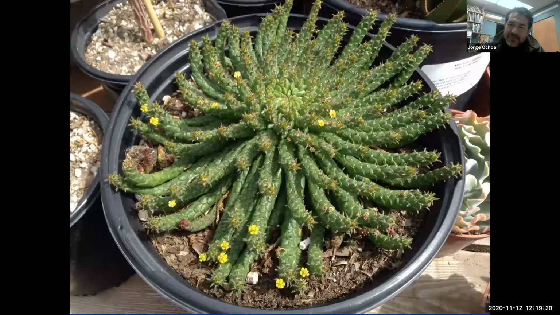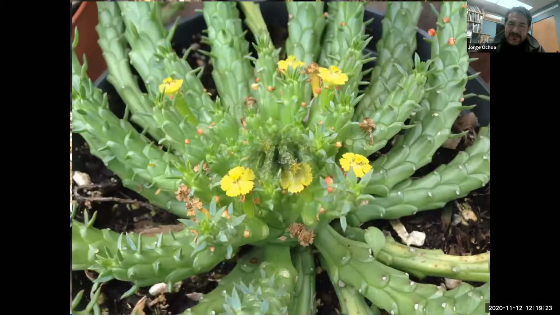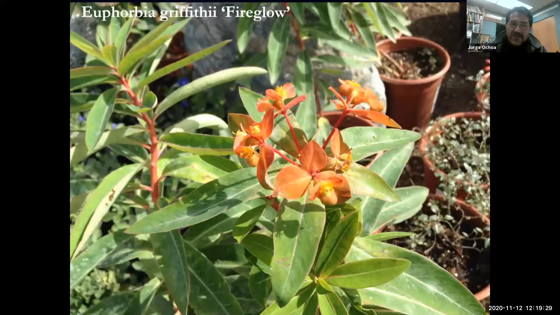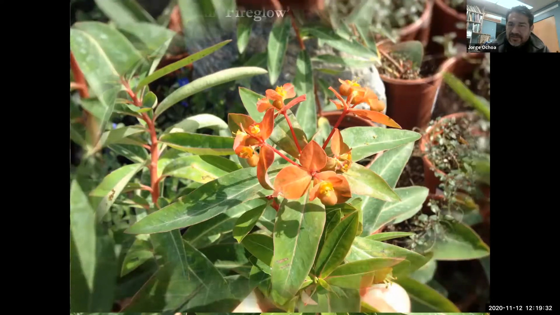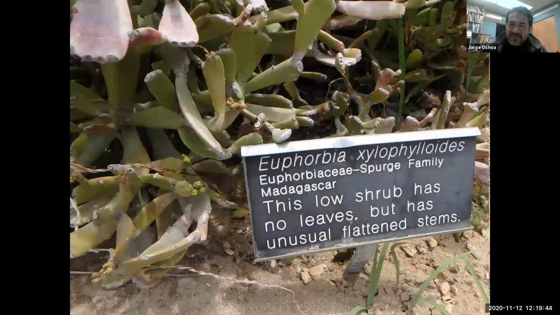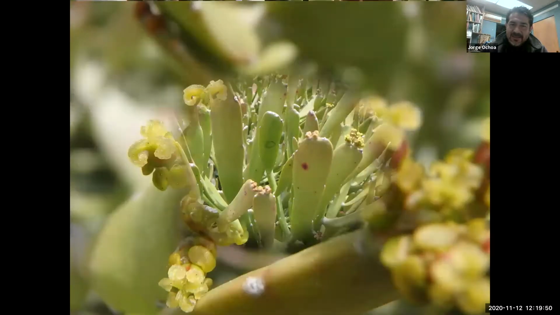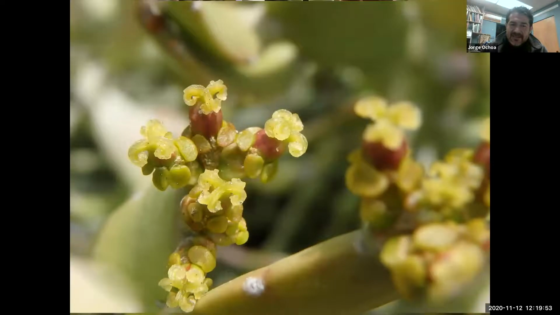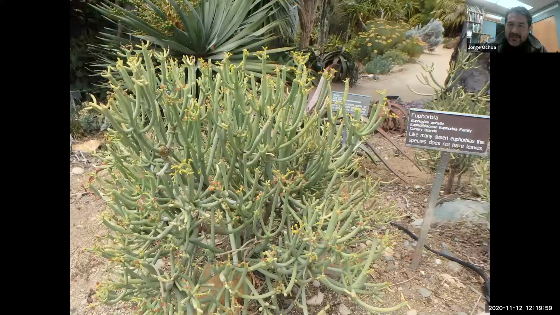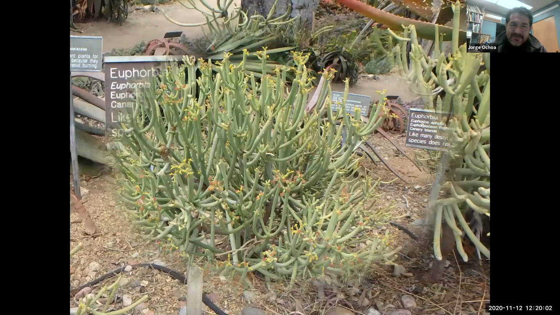Or Euphorbia medusa, here with the flowers and the yellow appendages. Or Euphorbia graffiti, fire glow from San Marcos Grower, I think. Those are available. Or if you ever go into the Botanic Gardens, don't miss the opportunity to see many of them. So here is just a display of different euphorbias, Euphorbia xanthophyloides, with kind of flat stem. And on the top you have the cyathium with everything there. And the fruit,